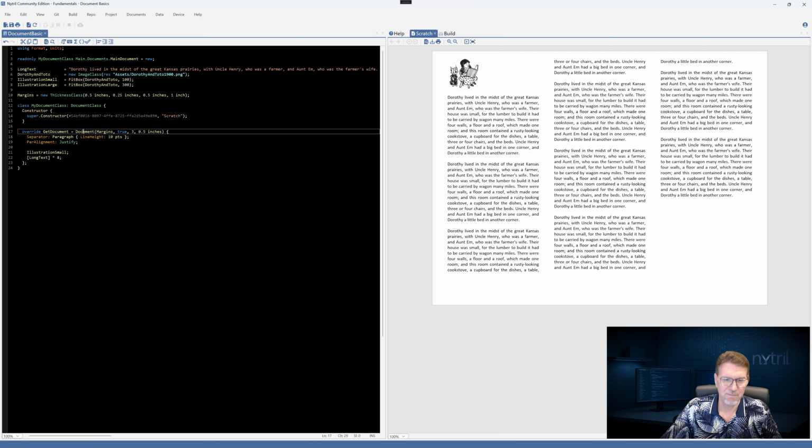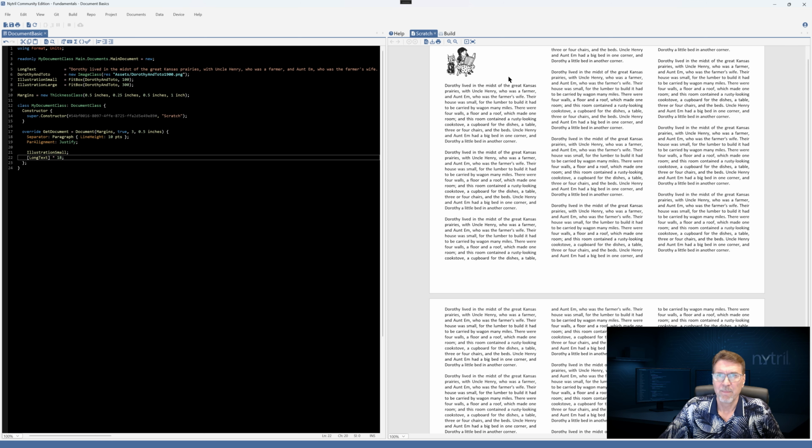So let's change this from 8 to 16. Press F5. Now we're on to both pages. In fact, let's make it a little bigger. Let's make it 20. And let's just leave it on 2 pages here. So let's bring it down to maybe 18. There we go. That's nice. So we can see right now our columns are even on both pages.